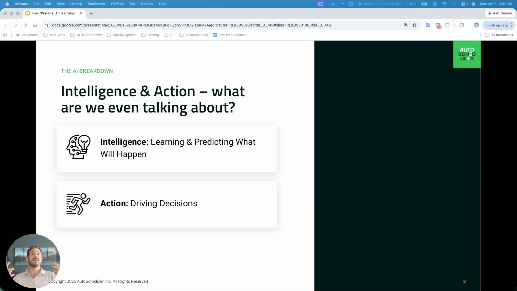So what are the types of AI that we are talking about? I like to break it into two separate groups. The first is intelligence. The second is action. So AI designed for intelligence is designed to help us learn and predict what is going to happen. There are all sorts of algorithms that actually help us do that, but they help us understand the data that we are looking at, either describe current state or predict future state. They inform us on what that data means.